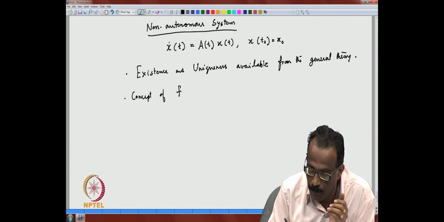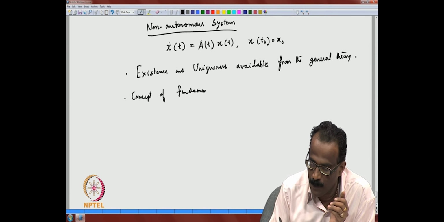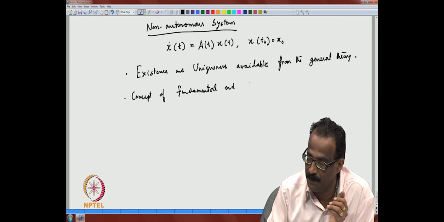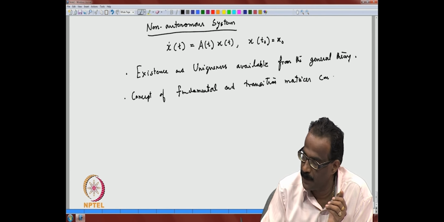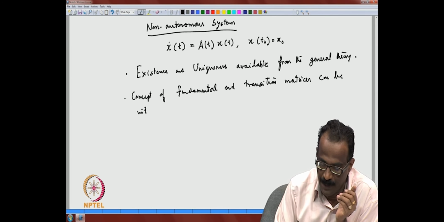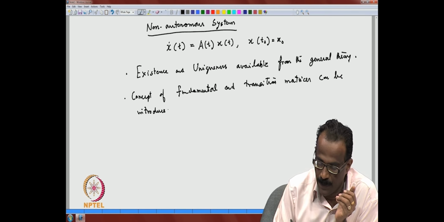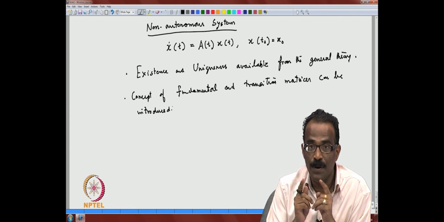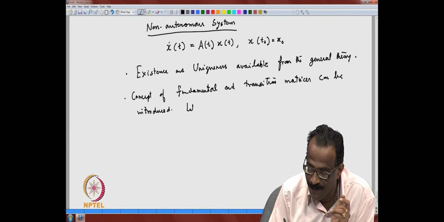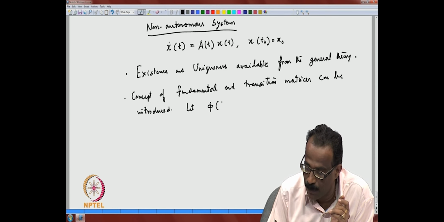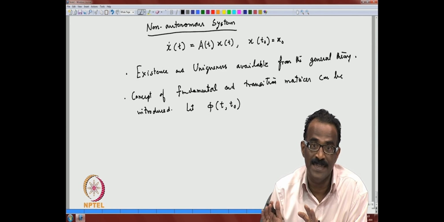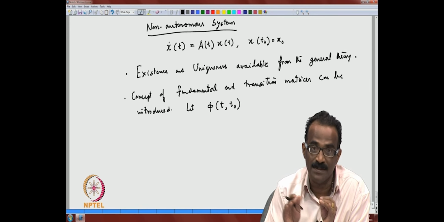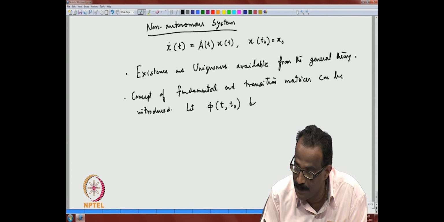But the concept of fundamental and transition matrices can be introduced. That is the whole thing. So now you have to introduce them. Let phi, this is important, now you have to write it separately. You cannot write it in the form phi t minus t naught, that is not the case. So phi of t, t naught, and it works differently, be the transition matrix